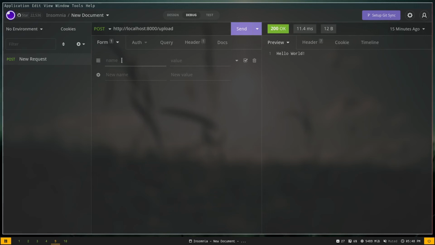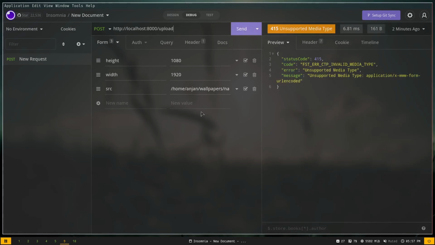Let's pass height of 1080, then width 1920, and source. Now source can be a base64 image, which is a string, and also you can pass a string, a path to an image, an actual image on your system. So I'm gonna pass one. Okay, so let's try to send, and we have an error, unsupported media type, form URL